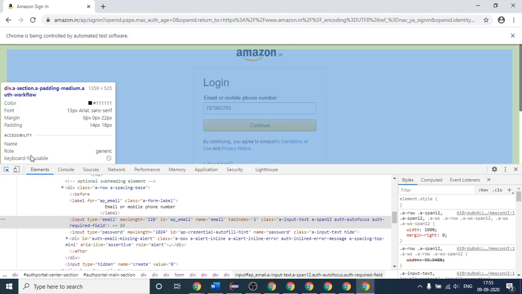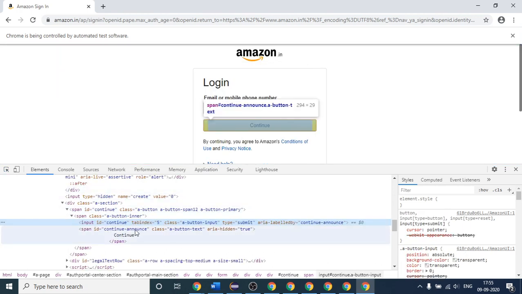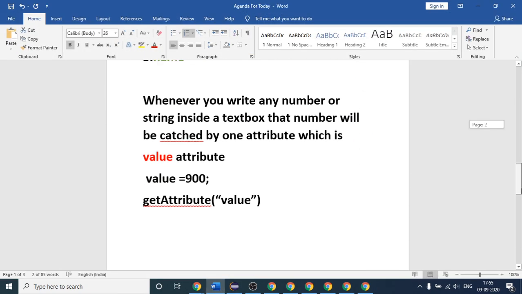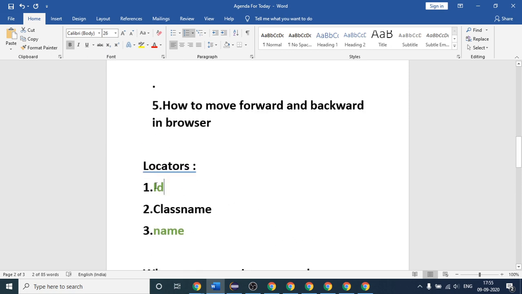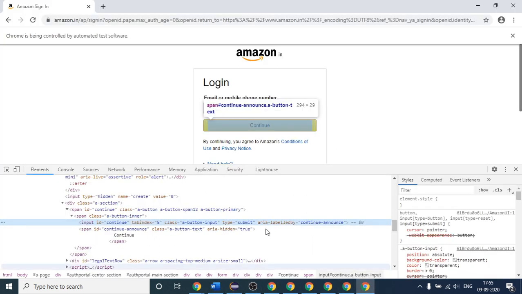Even if you have to click it, you should know what the id and the name of this element are. Again, we are comfortable with id, so I think we should go with a different attribute this time. Id is already covered in the previous lecture, name is covered in today's session, so this is the one remaining. So how, with the help of class name, will we identify our web element on the browser? Let me inspect it again, and I will click it.